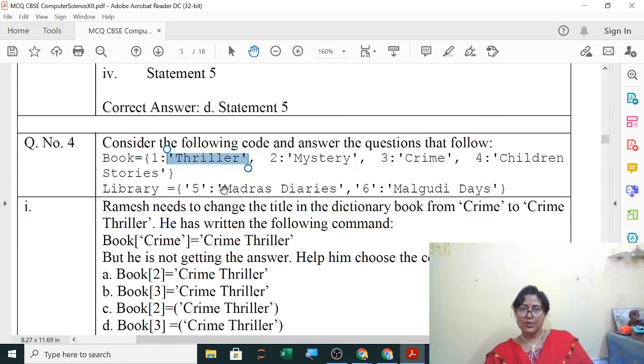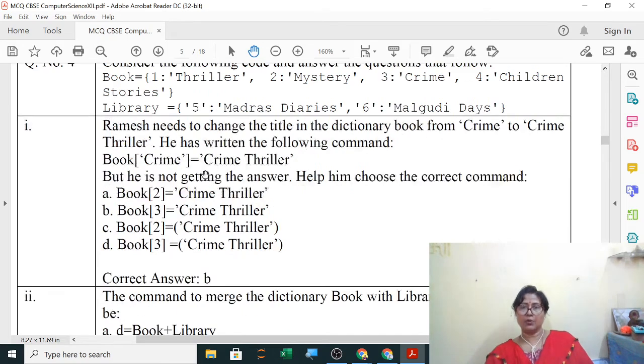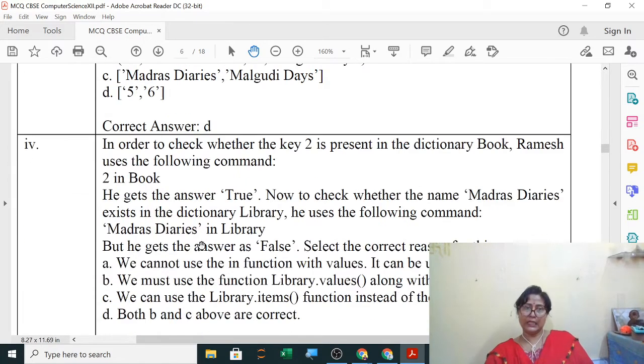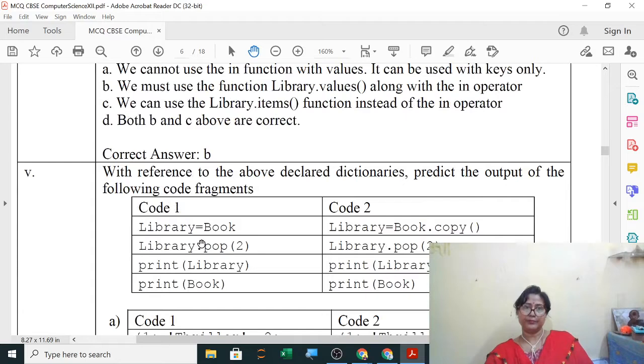So when you want to check the values, we write the name of the dictionary dot values. But without writing keys also, by default if you write the name of the dictionary, then only the keys are checked. You can write .keys() also, that is also correct. Both are correct.